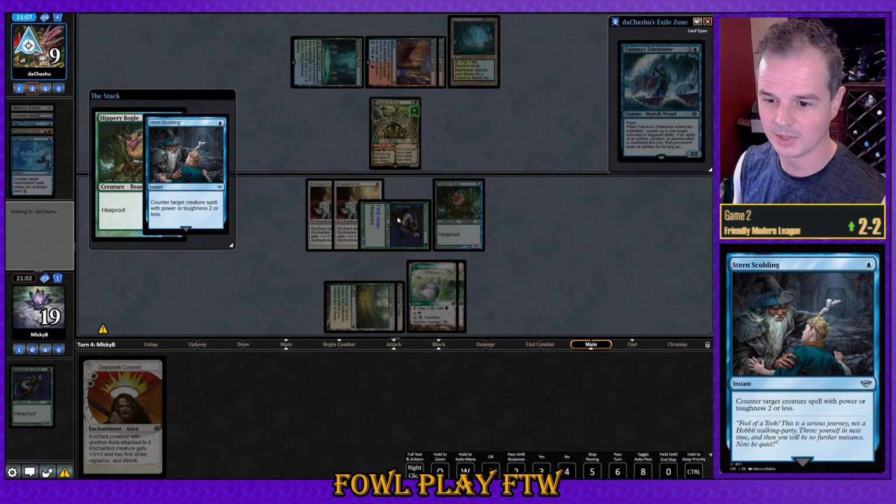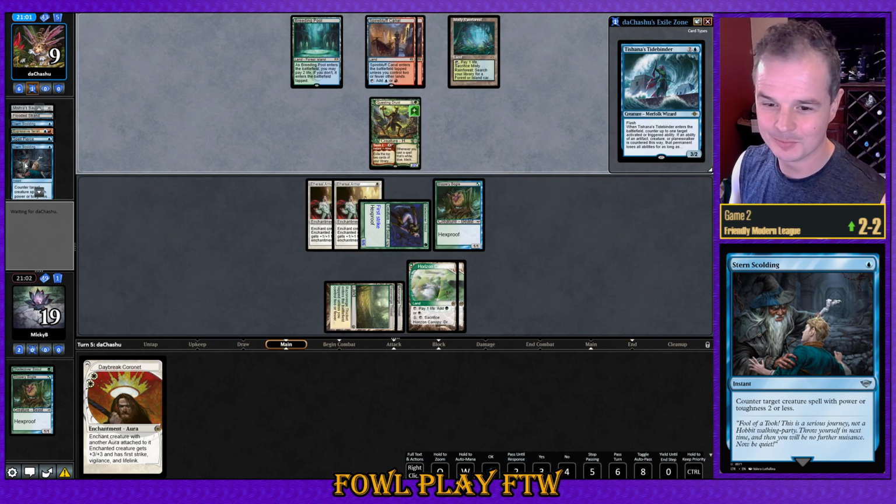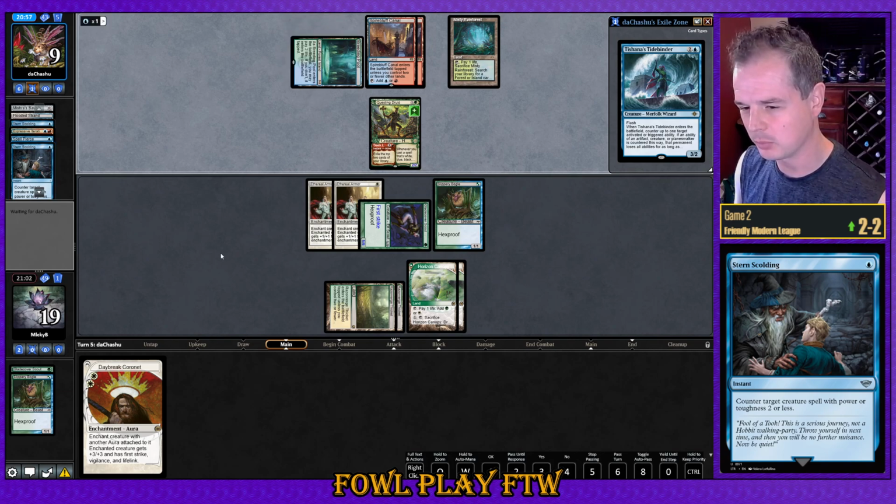Aha! Stern Scolding. You got it, opponent. Get that rubbish out of your hand. I'm sure you're very happy to. I'm not sure if this is correct or if they want to hold it for a Light Pause. Obviously, we did side Light Pause out, but, you know, even the...